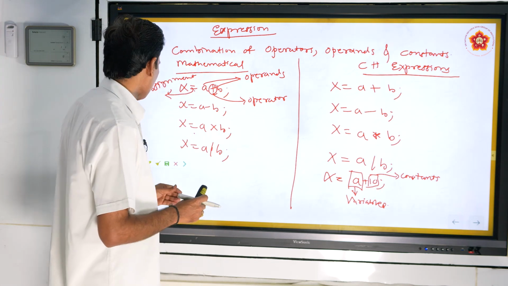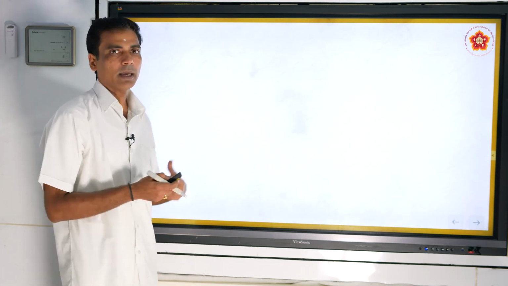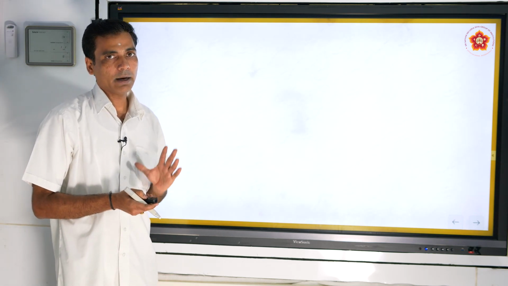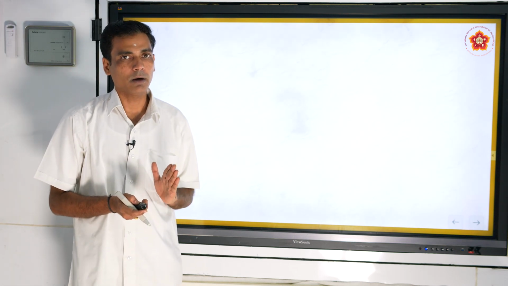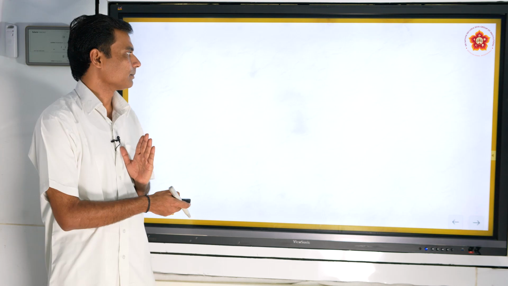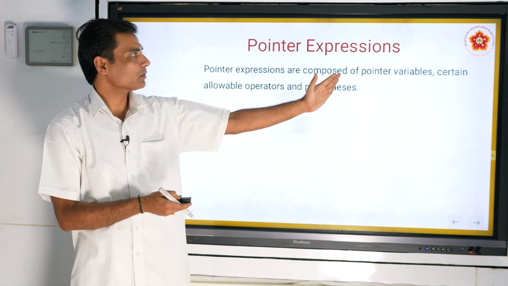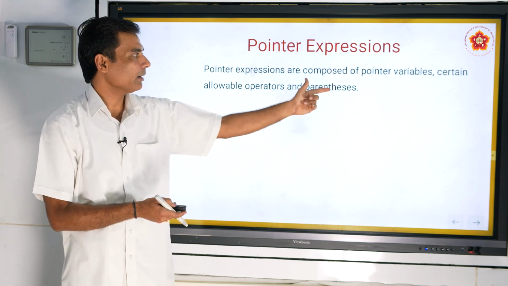Now let's move on to the pointers, how can we perform the arithmetic operations on the pointer. Before that we have to understand what are the arithmetic operators which are supported for pointer arithmetics. So pointer expressions are composed of pointer variables, certain allowable operators and parentheses.